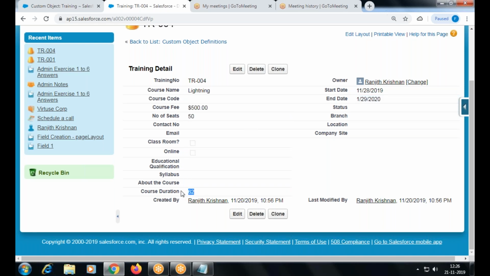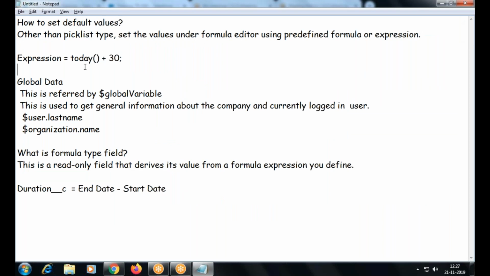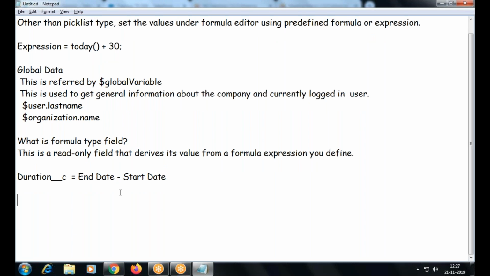Now it gets all the values automatically and a lock symbol is appearing, right? So I cannot edit. The formula type gets its value from an expression. The expression may have predefined formulas or a return type.